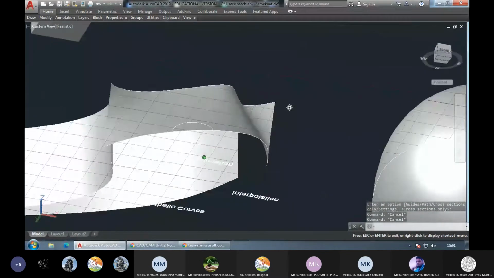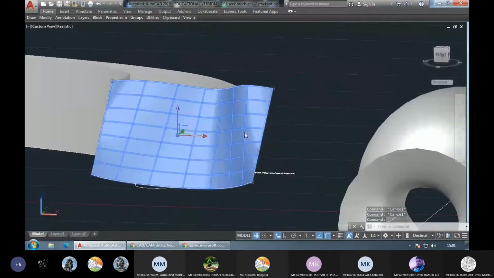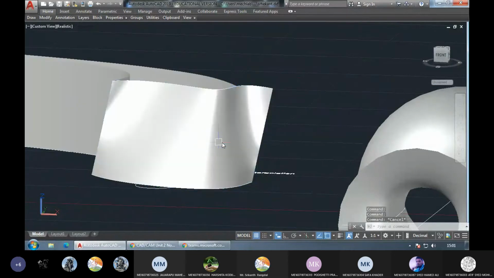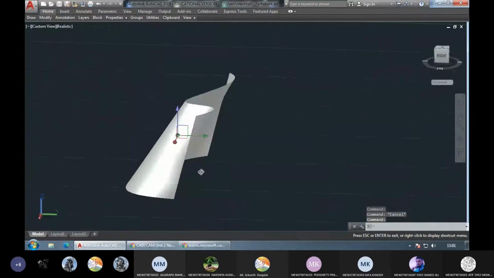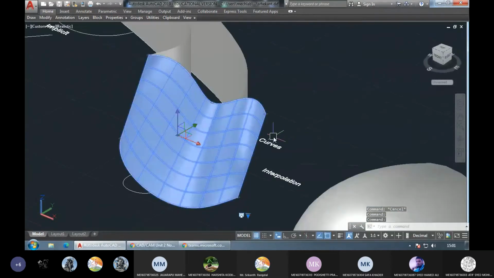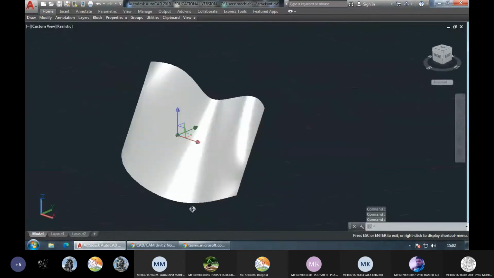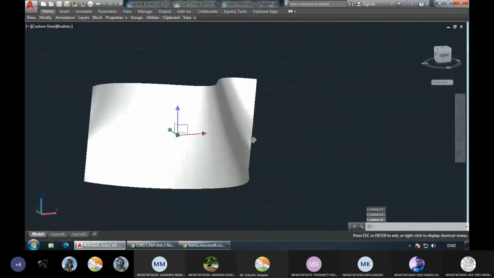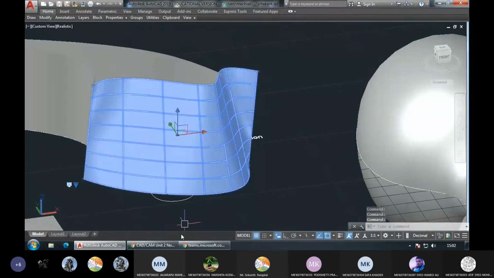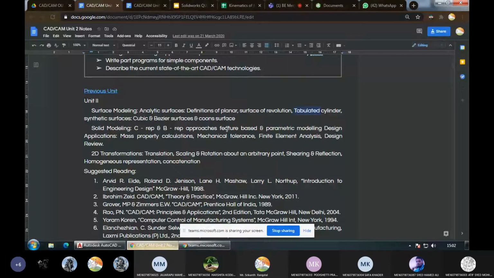You can see this surface that I got just now. It is joining the top spline with the bottom spline. So these kinds of surfaces wherein there are 2 different cross sections, one at the top and one at the bottom, which may both be present in the same plane as well, are called tabulated cylinders.